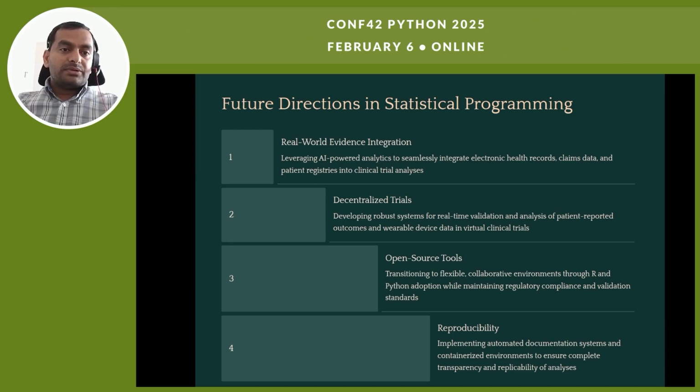accessible and flexible. Third, adopting open source tools like R and Python fosters collaboration and innovation while maintaining strict regulatory compliance and validation standards to ensure high quality outputs. Finally, traceability is critical, with automated documentation and versioned environments ensuring that all the analyses are transparent, replicable, and ready